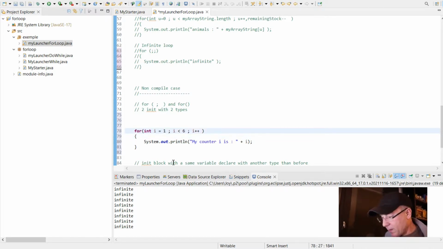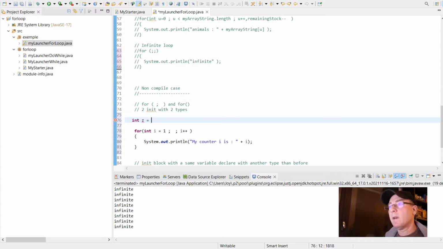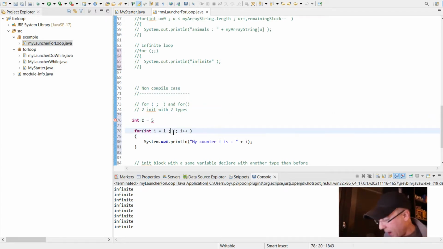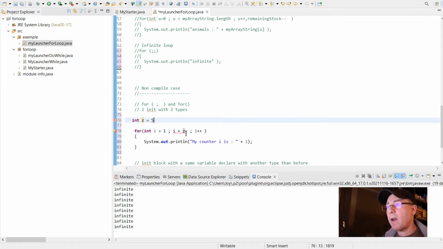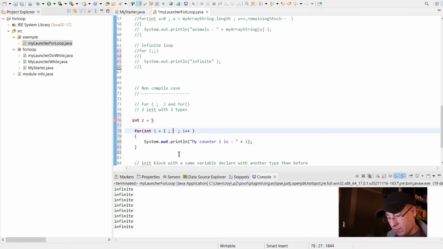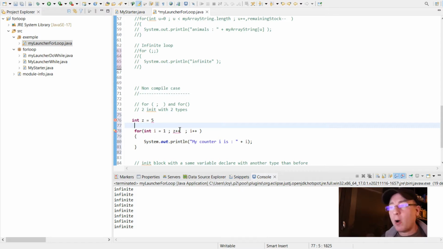So for example, if I say I plus z, it cannot compile, or if I negate, what I can say, z plus plus, it's not working. The middle block must be a boolean expression.